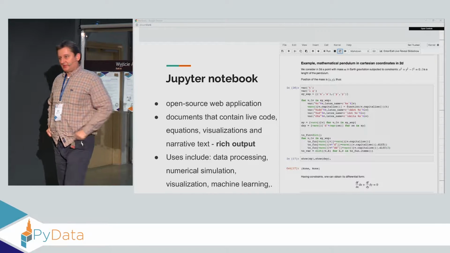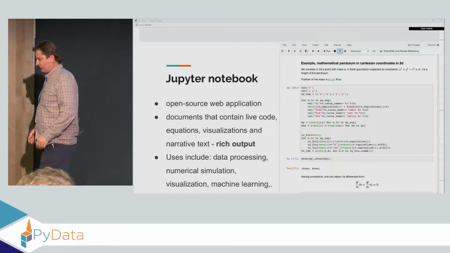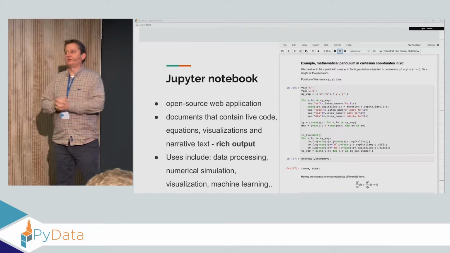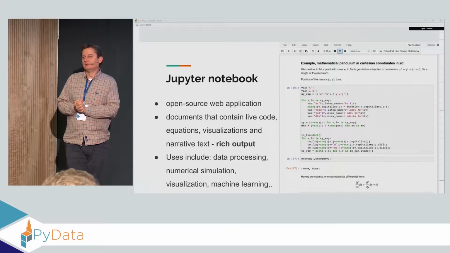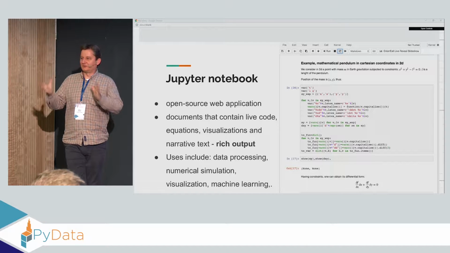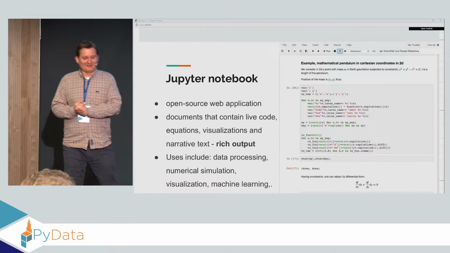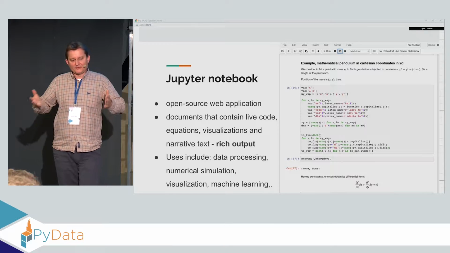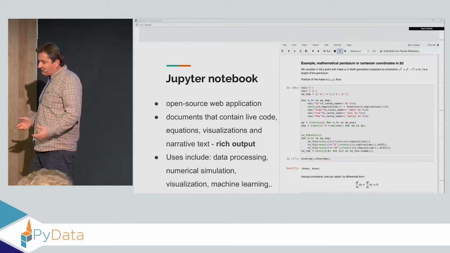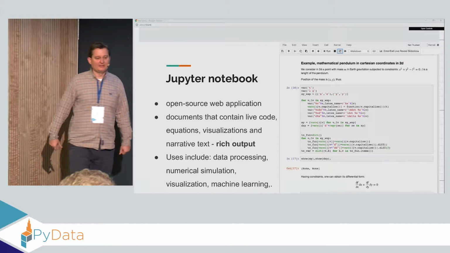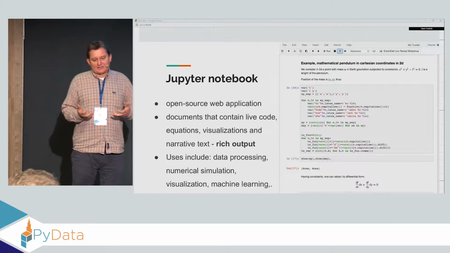Yeah, what is the Jupyter notebook? What's the building block? So is there one person not having used a Jupyter notebook once? So everybody knows what a Jupyter notebook is, right? So it's of course an open source web application, agnostic to languages. It can run many kernels, and it has something like a rich output.